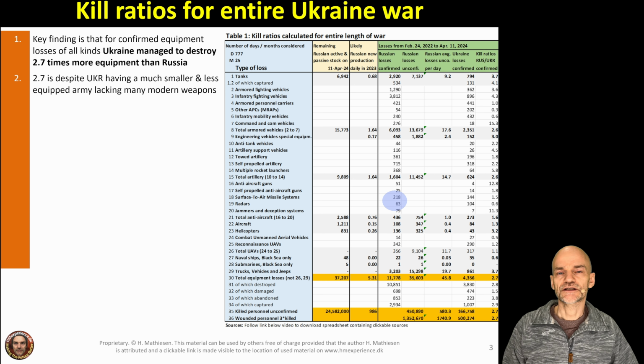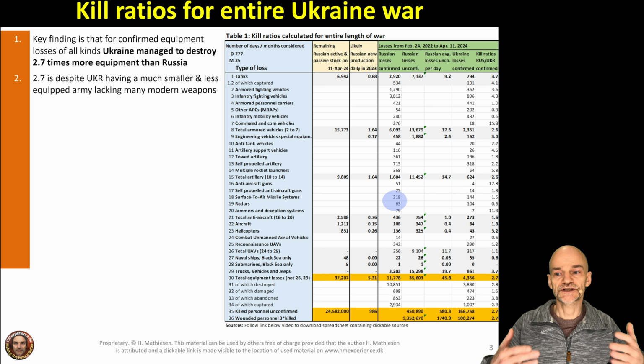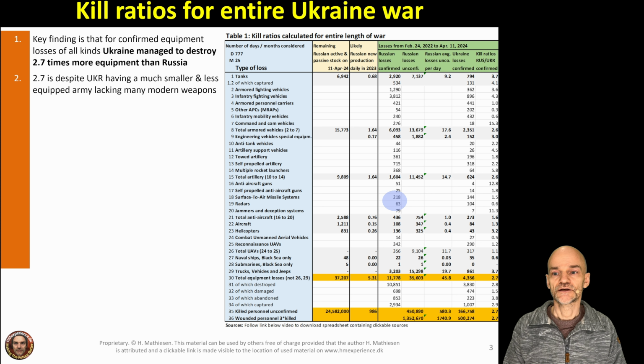So then how can it be that Ukraine is killing more Russian equipment than the other way around? Well, one thing is that Russia is the attacking force and Ukraine is the defending force. It's always an advantage to be defending rather than attacking, because you can sit in fortified positions and basically wait for the Russians to pop up, and then you can start shooting at them when they attack. And also you can have lots of minefields that will blow the Russians up when they attack.